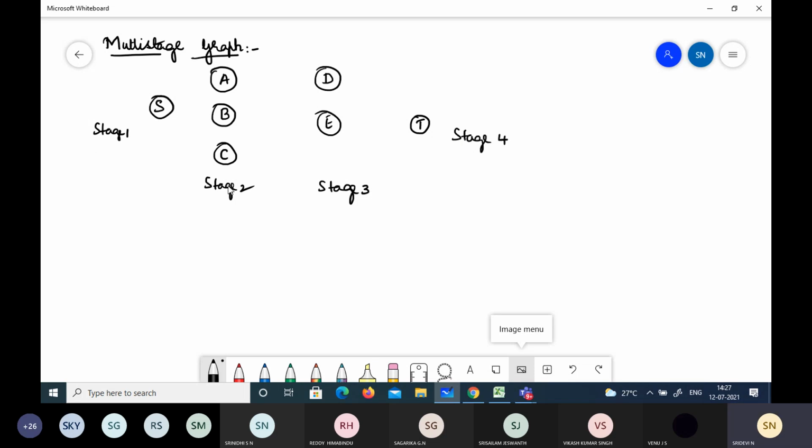First we'll consider this, next a sequence of decisions is made here, and then we reach this, and again we decide and reach here. So it works on a sequence of decisions. This is an example of a multi-stage graph.